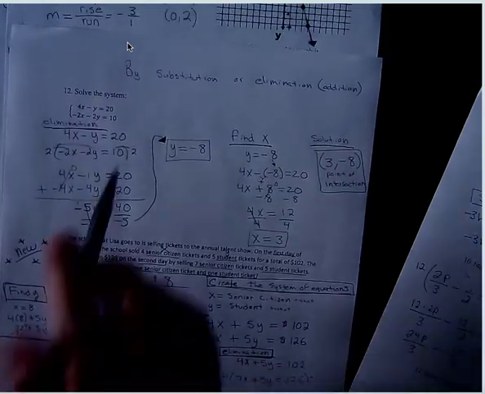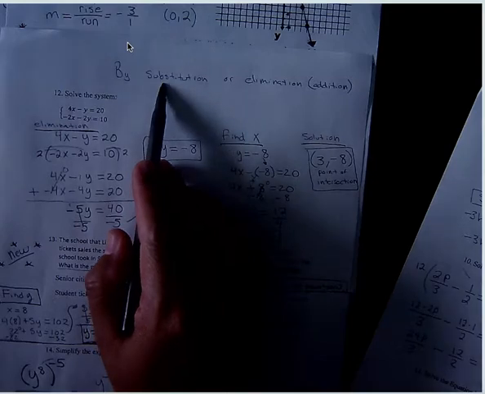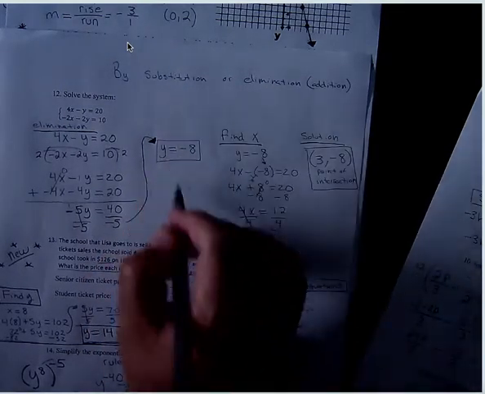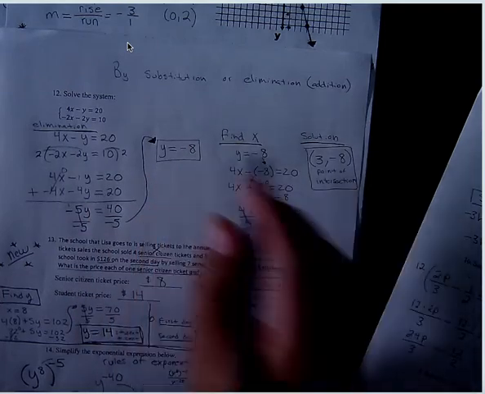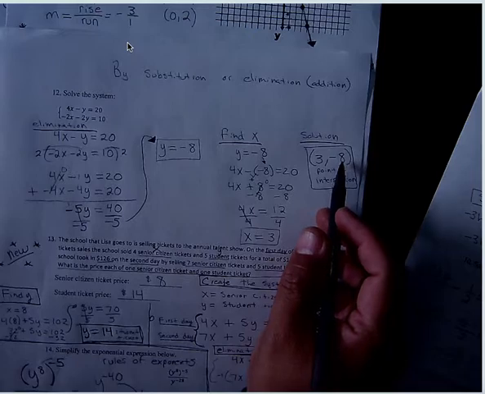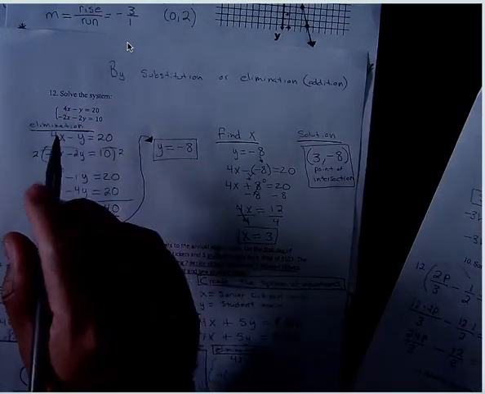Okay, number 12, it's a system. So you get to pick if you want to solve by substitution or elimination. Let's say you want to graph, make sure I see the graph and where they intersect, and give me the intersection like this, as an ordered pair. But if you're using substitution or elimination, for this one I picked elimination,